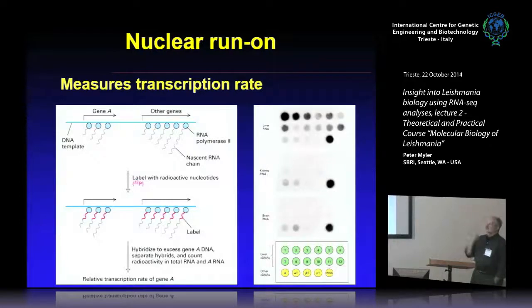Although there is one experiment that might be sensible, and that is to really look at changes in transcription to see whether they're associated with different life cycle stages, because I suspect that there is some difference in transcription rates as you go between life cycle stages. And in fact, I think the available data would suggest that metacyclics don't really transcribe very much at all, although no one's ever done that experiment